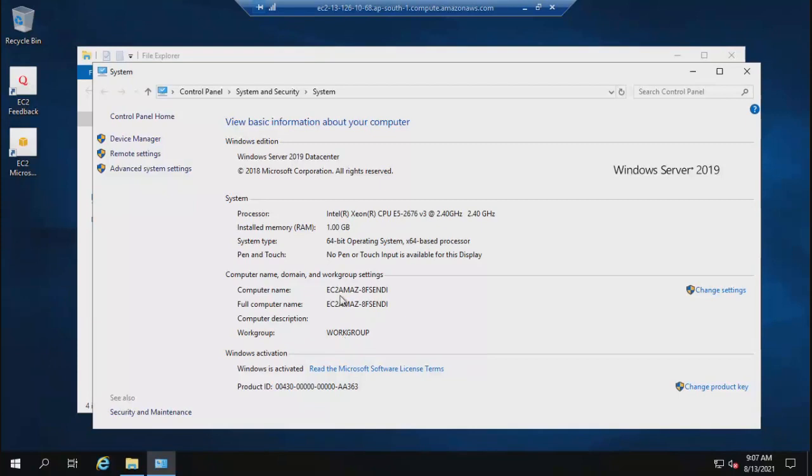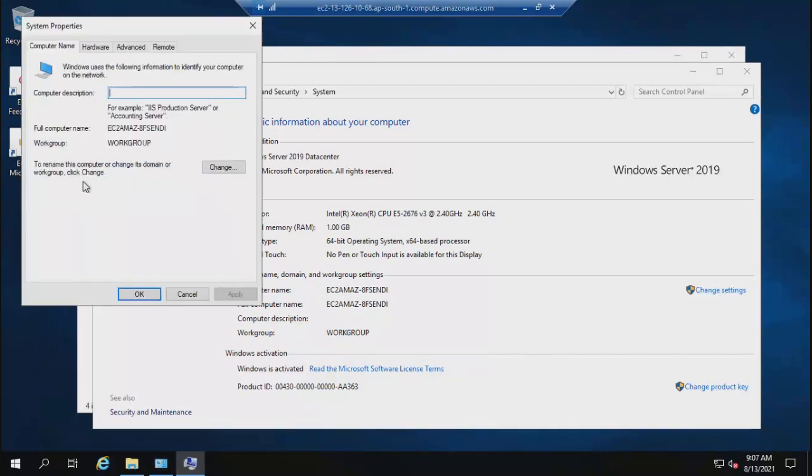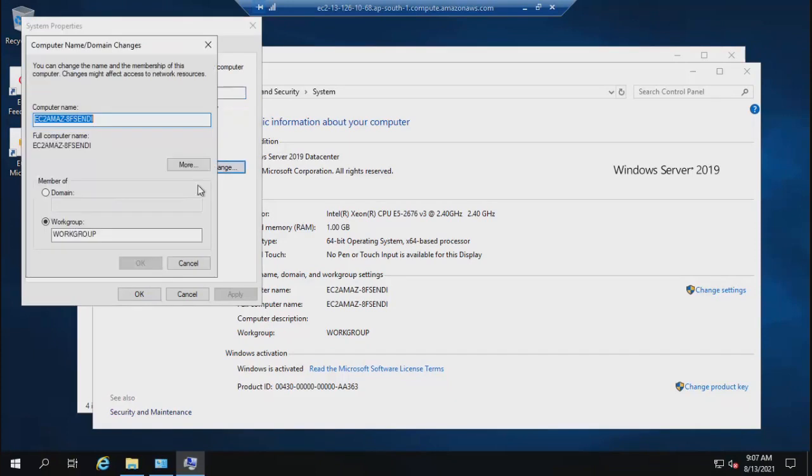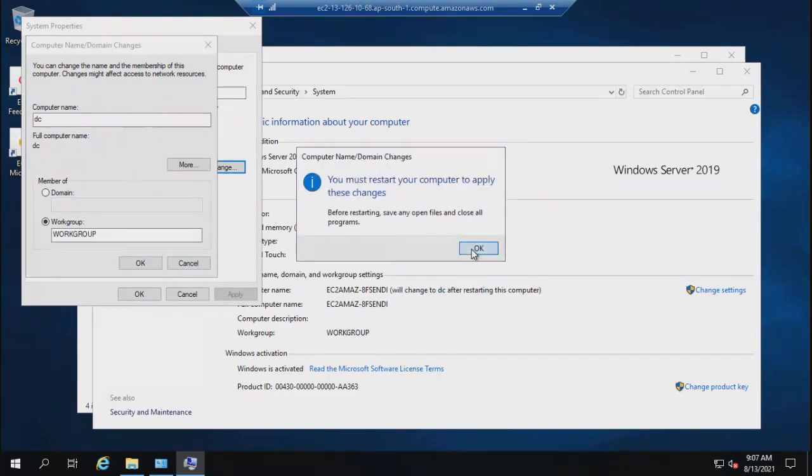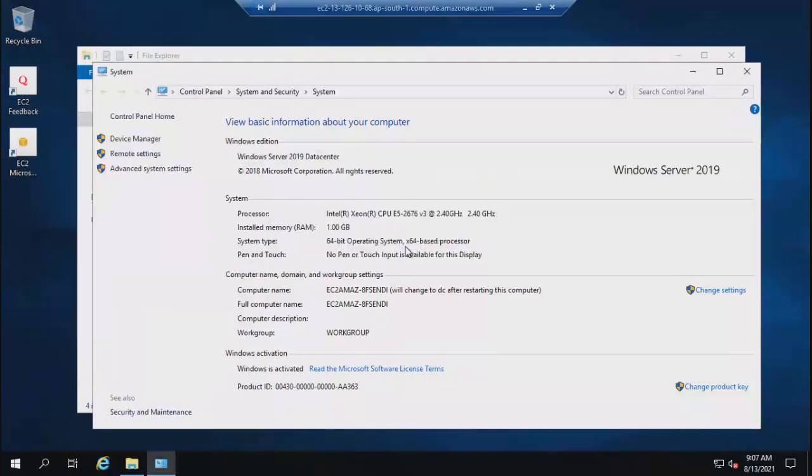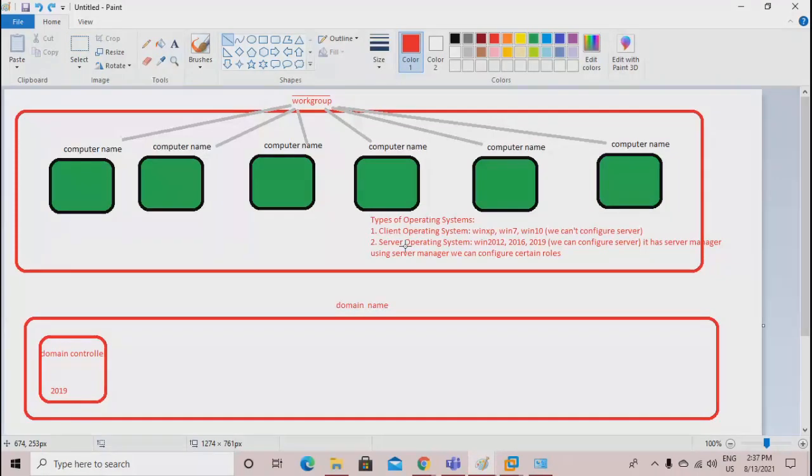So first, we will change this computer name. Just go to Change Settings. It requires a reboot also. Here the option is Computer Name. I will say this is web server, or let's say this is domain controller. The short form I'll put DC. Okay, and we should restart. If you change the name of your home computer, it will also take a restart. You can give some nice name to your computers.